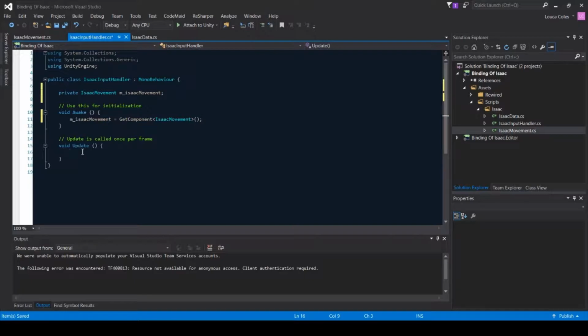Okay, so in Update, which is fine because we want an in-frame check for input. So _isaacMovement.SetMovement, and do new Vector2, Input.GetAxis, that's horizontal, so just take